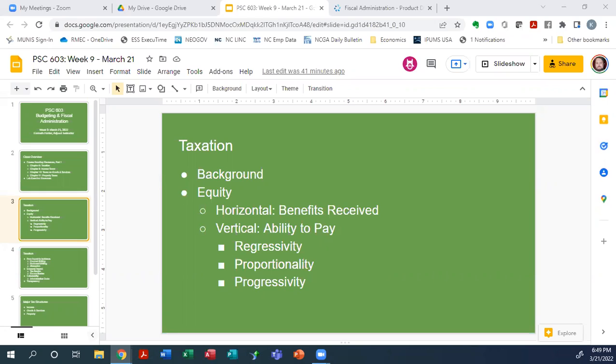Many state income taxes are effectively progressive in their actual application because they're very limited in terms of other things that can be done with deductions and exemptions and other factors, and of course they have lower rates, but they are more effectively progressive. California and New York are good examples of that. So I hope this gives an idea. Are there any questions with respect to this discussion on equity?